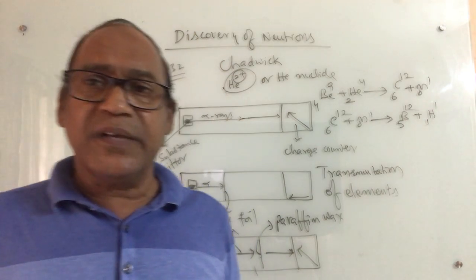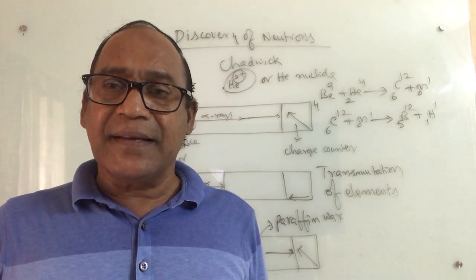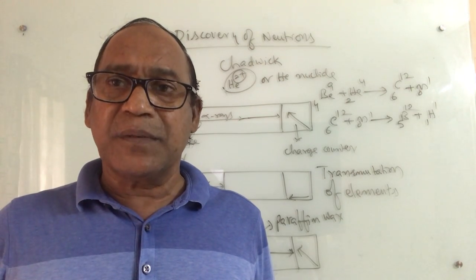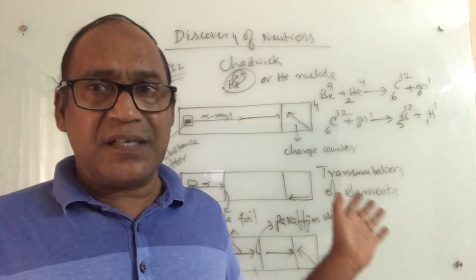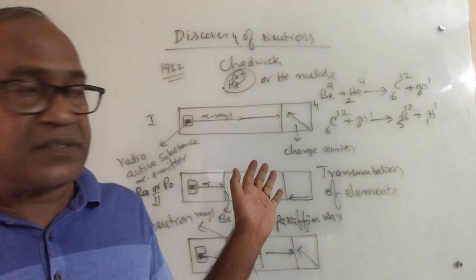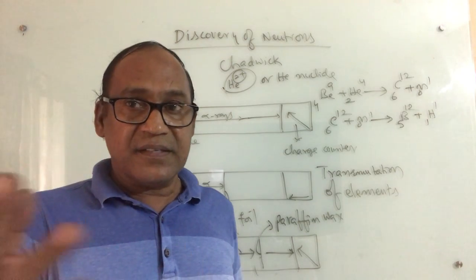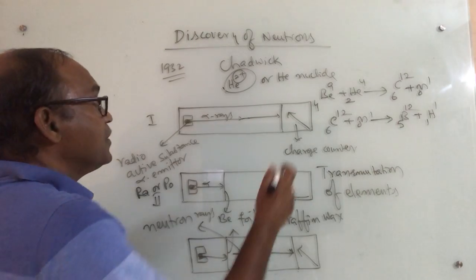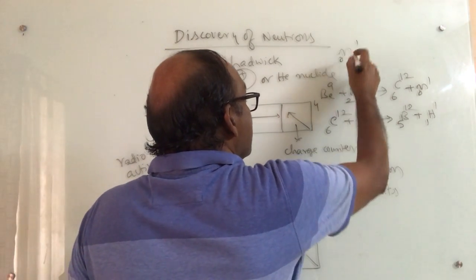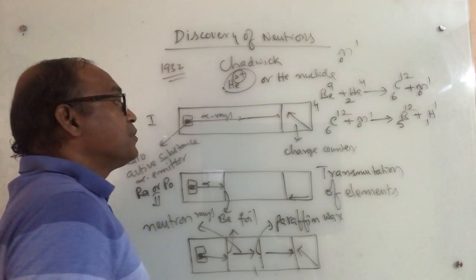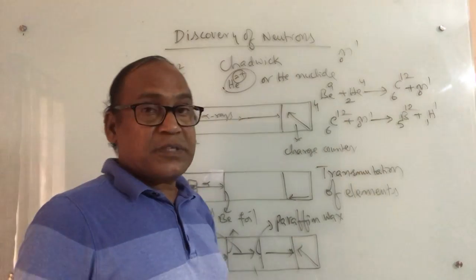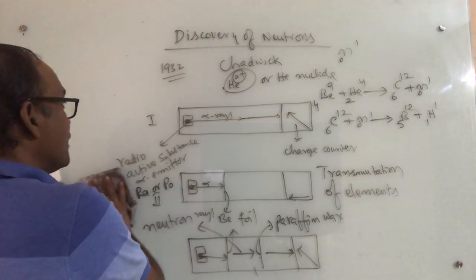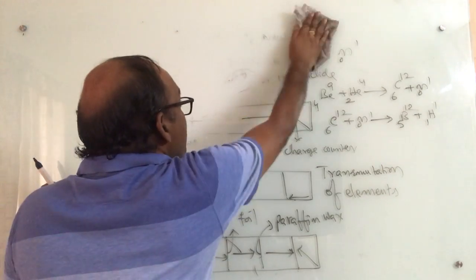It means one element can be transformed into another element. That's how, the naturally occurring elements are only 90. All the remaining elements up to atomic number 118 are man-made elements by this nuclear bombardment process. Hence, it is called transmutation. Anyway, that is a different discussion. Now here the neutrons were discovered, neutral in charge. It is represented with subscript 0, meaning zero charge, and superscript 1, that is the mass number. Its mass is almost equal to the proton mass.